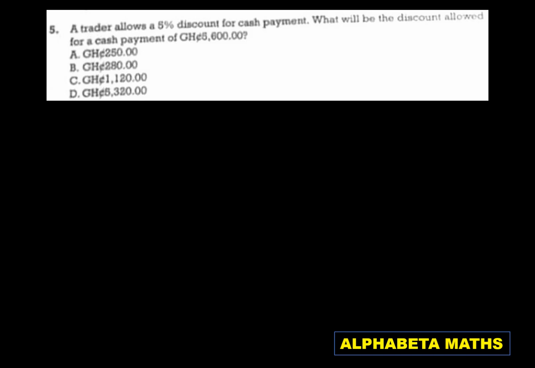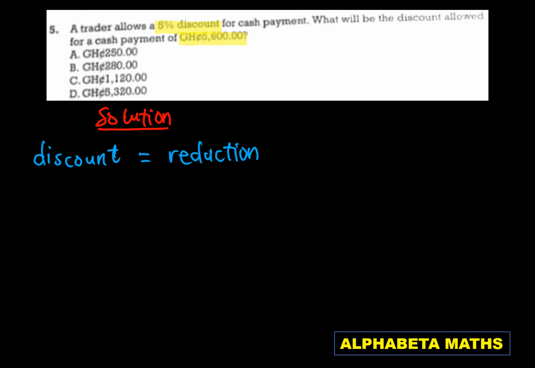Let's look at question number 5. It says that a trader allows a 5% discount for cash payment. What would be the discount allowed for a cash payment of 5,600? So let's assume I came to your shop and bought a laptop which costs 5,600. But you told me that if I pay the money in cash, you are going to give me a discount of 5%. Now, when we say discount, we mean reduction. So here we are going to look for 5% of the payment, and that is going to be 5% of